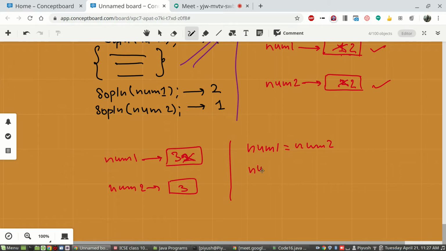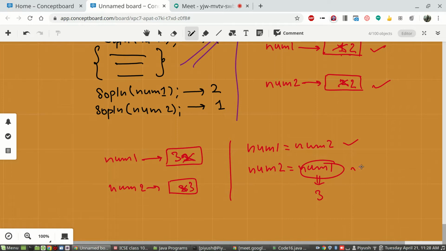In the next line, when you write num2 = num1, the value from num1 will be fetched. And what is the value in num1 now? The earlier line changed it to 3. So num2 will be replaced by the value from num1, which is the latest value, 3. Whatever was there originally will be replaced and 3 will be put again.